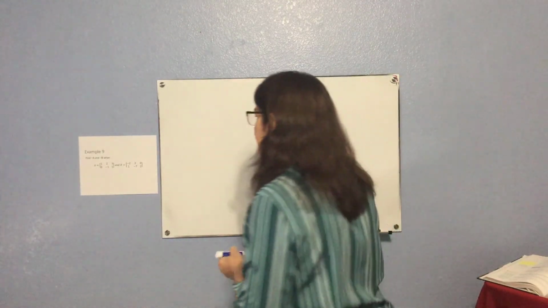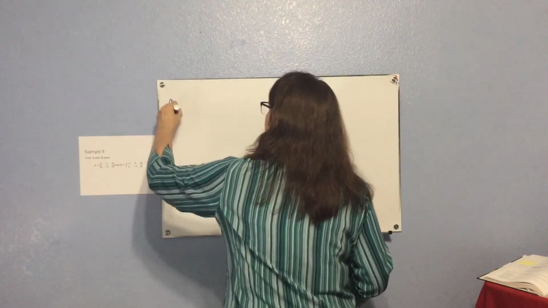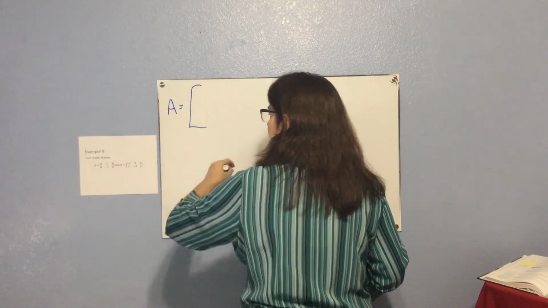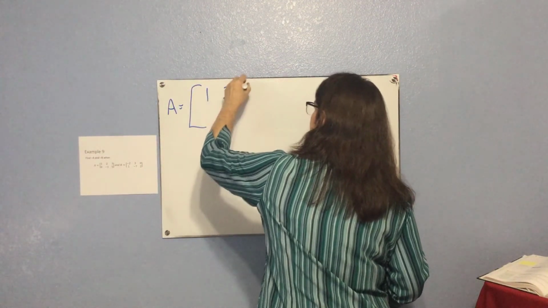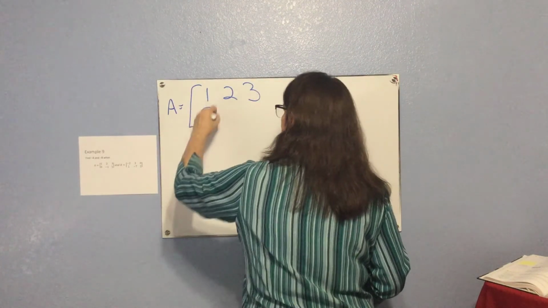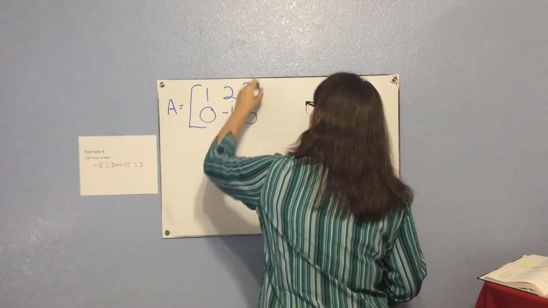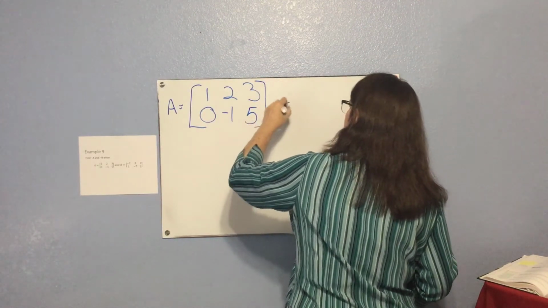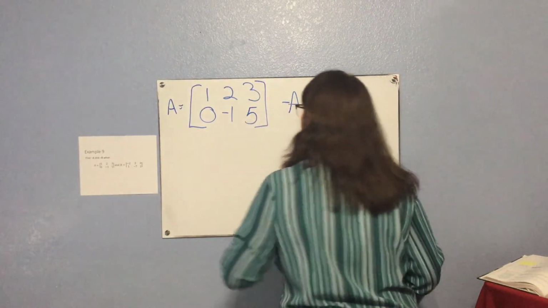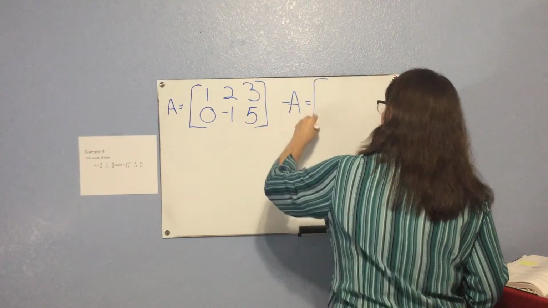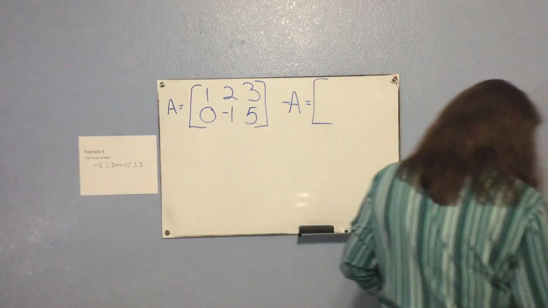For instance, if matrix A looks like this, the additive inverse of matrix A would be